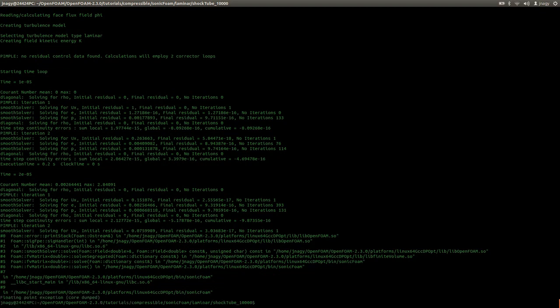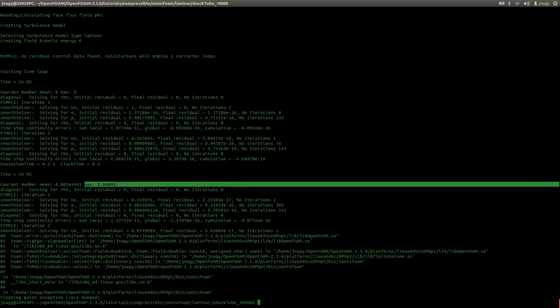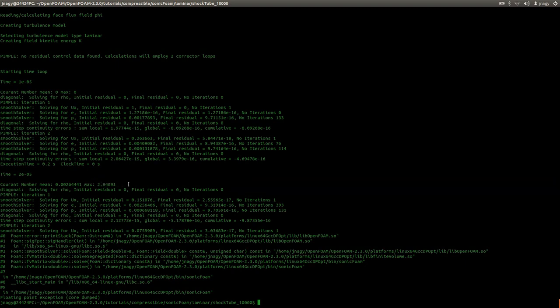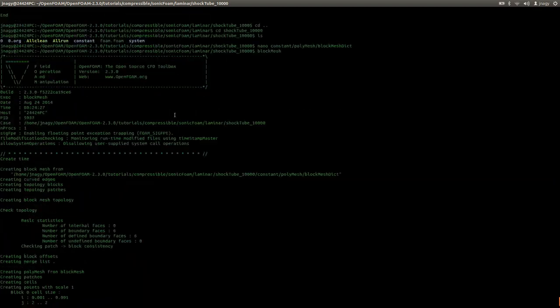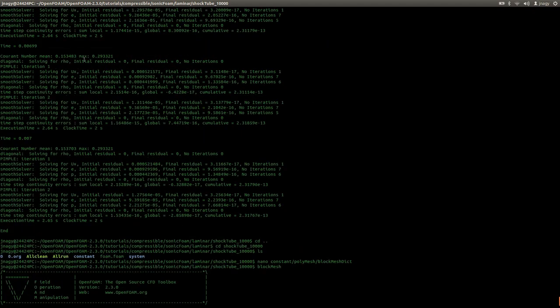Actually, the simulation diverged. Get used to these error messages. You will encounter them, especially in the beginning of your OpenFOAM career. What happened here? Here you see that the maximum value of the Courant number is 2.84. And if I scroll back here to the case with 1000 cells,